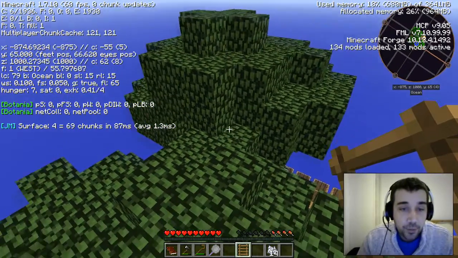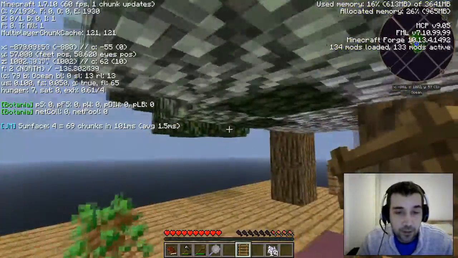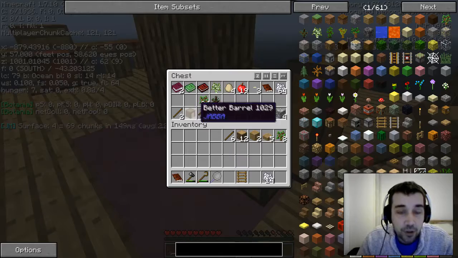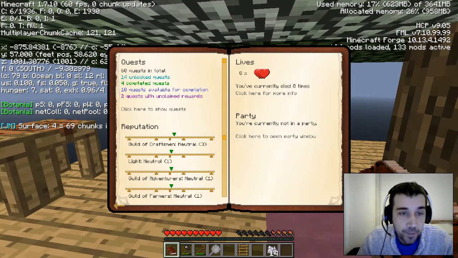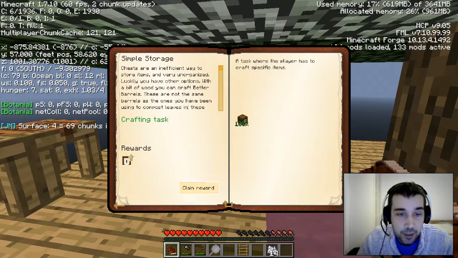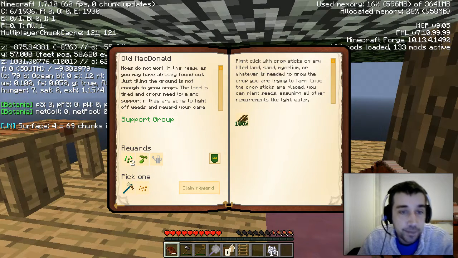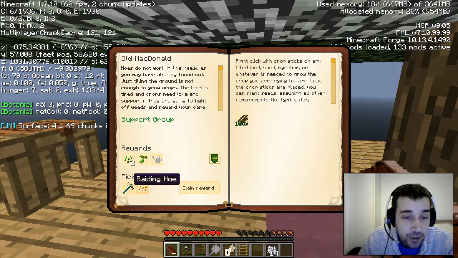Hello everyone, I thought I would bring you all back just to share with you what has occurred. While I was waiting for the leaves to infest, as you can see they've been ticking along, infesting away, I built a jabba barrel and some crop sticks, which are just logs, planks, a chest and some sticks, and that completes some additional quests, so I'll just grab those. One is in Storage Wars, which gets me a barrel upgrade, and the other one is in Old MacDonald. And that gets me seeds, lettuce seeds, an empty watering can, and then I can either pick a raiding hoe or potato seeds. To be honest, while the raiding hoe is nice because it's made out of a slime rod, which makes it a very good hoe,